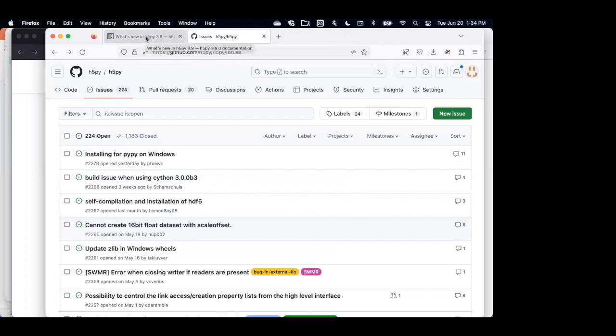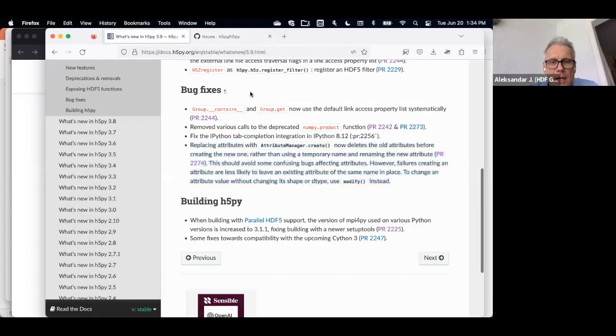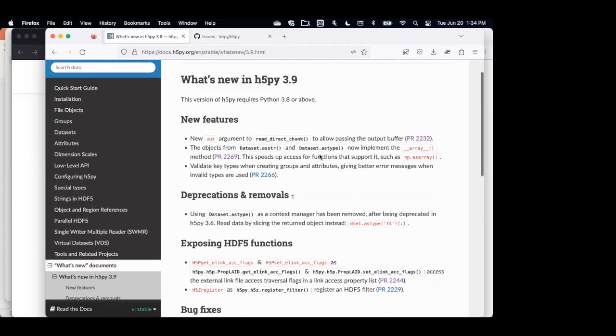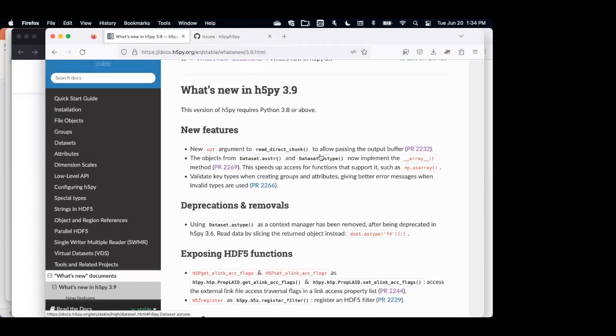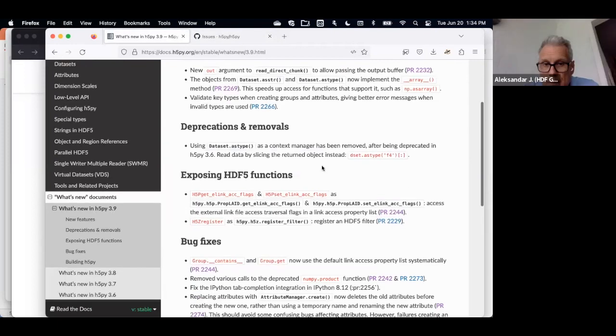Yeah, Alexander? Yes. So interesting that this Astype is removed. Is there a recommendation for people who are using Astype in h5py, how to work around that? So it says read data by slicing the returned object instead.